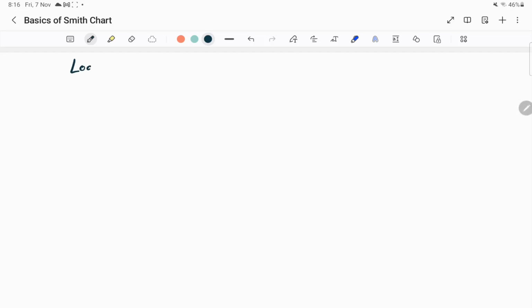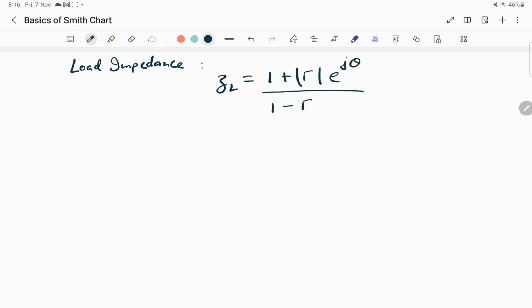So the load impedance ZL equals 1 plus mod of gamma e to the power j theta divided by 1 minus mod of gamma e to the power j theta. We have derived this equation earlier, you can check that. Similarly, we have just derived the formula for the input impedance,